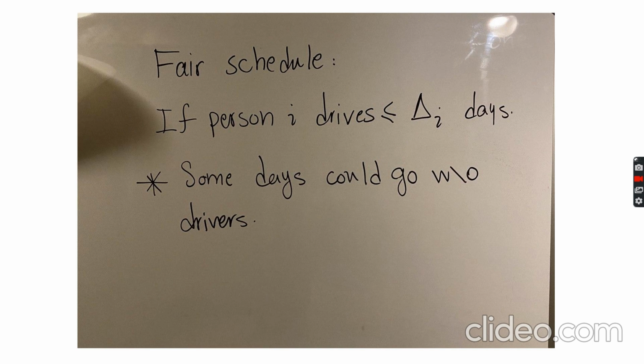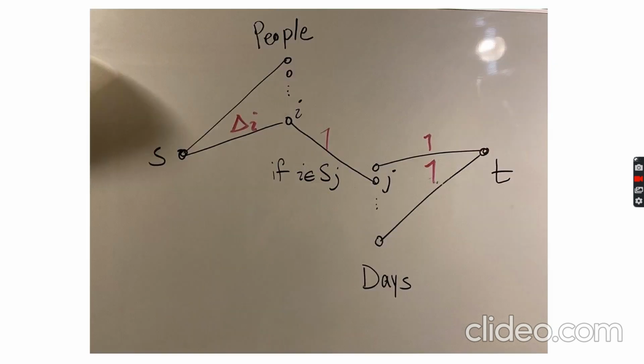It's basically an allocation problem. We are allocating each driver to a day. So, okay, this is the problem. Now we want to solve this problem using network flow, and this is the network that we're considering. As usual in network flow problems, we have a node S and a node T, source and sink, and we have n nodes for all the people that we have, and we have d nodes for all the days that we have.